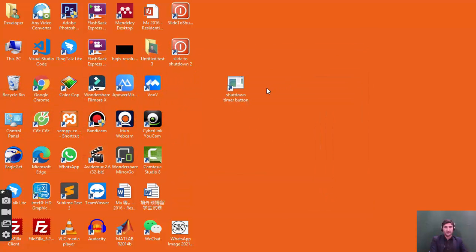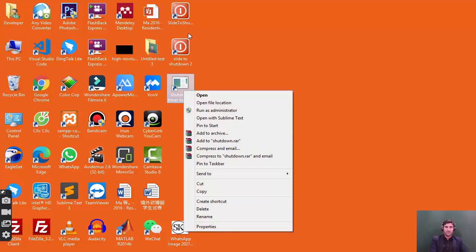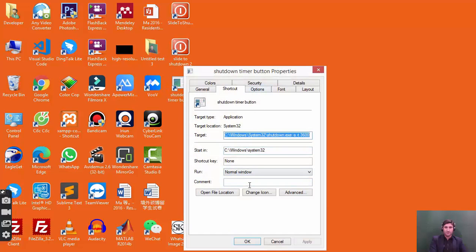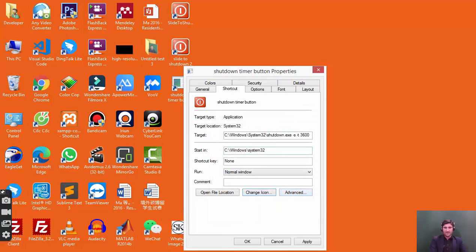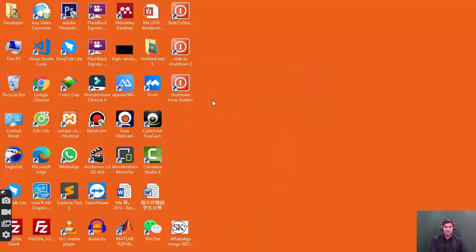So you can see the button was created. Now if you want to change the icon of this button as well, right click on it and then go to Properties and here you can click on Change Icon. This message will appear, and then I can give this icon because it's related to shutdown, so I select this icon, Apply and OK. So after 1 hour my laptop will be automatically shut down when I double click on it, because